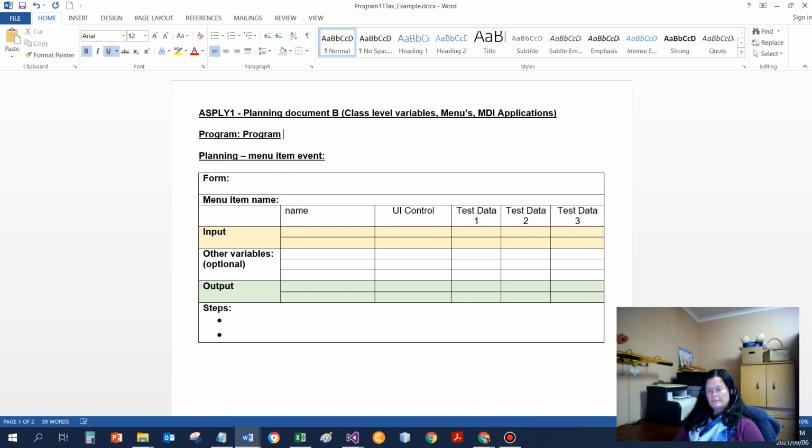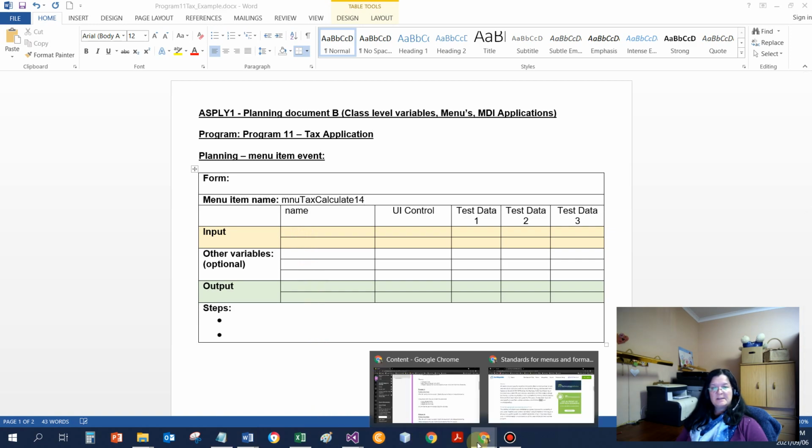Program 11. If I've got a nice name, it's good. It's the tax application. Like that. We can leave the form for now because our program has got only one form. This is menu. I'll most probably put it under the tax option, and let's call it calculate 14 for calculating 14% tax. If I have a look at the input variables needed,